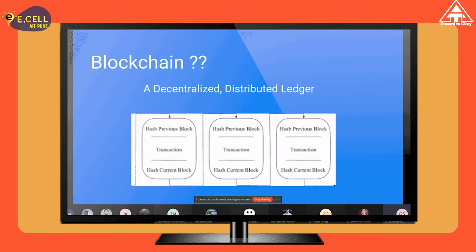So to summarize, a blockchain is a logbook of all transactions that is distributed across multiple nodes in the network. All the decisions in the network, for example whether a transaction should be allowed or is valid, are made through a consensus of all the network participants instead of a single authority. So that's what blockchain is.